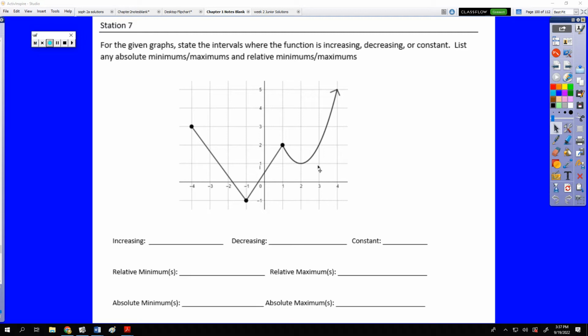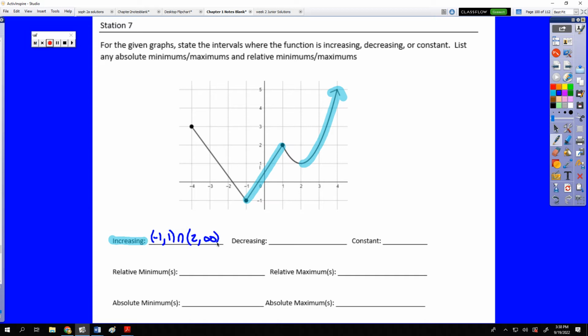So, simply put, when we are looking at an equation or a graph, we look at it from left to right. We're looking for increasing. Increasing would be increasing in value. So this section here is increasing, as is this section up to infinity. So we would write out the domain values of that, which would be from -1 to +1 and from +2